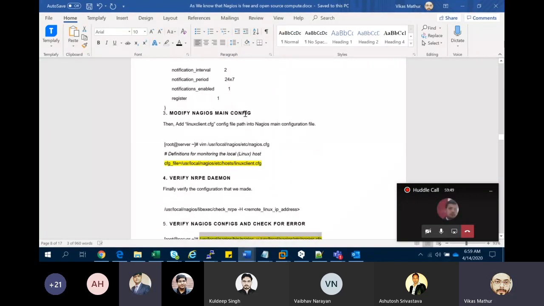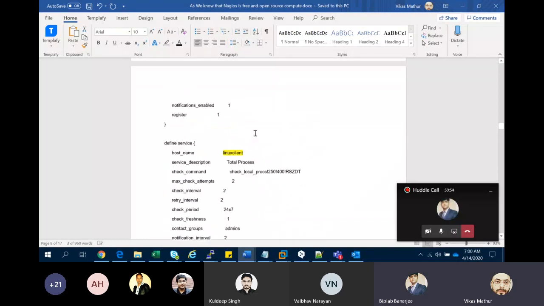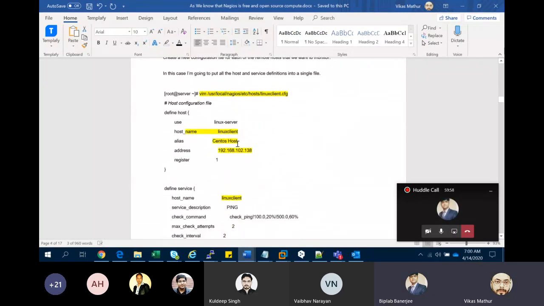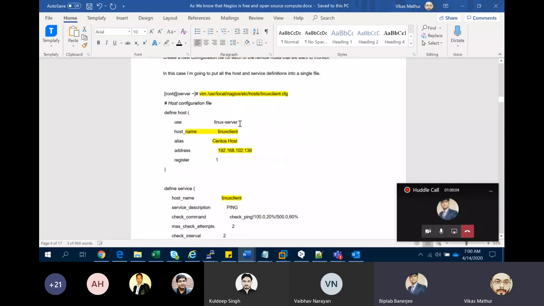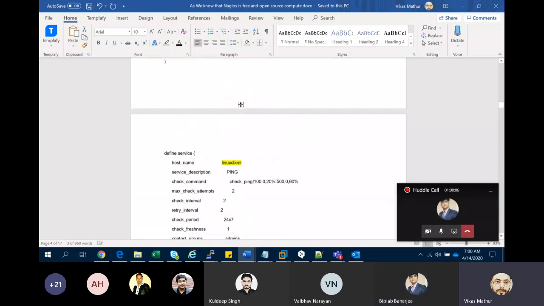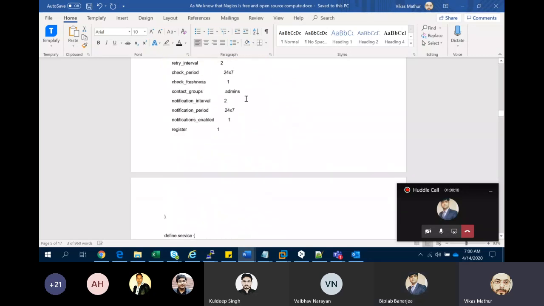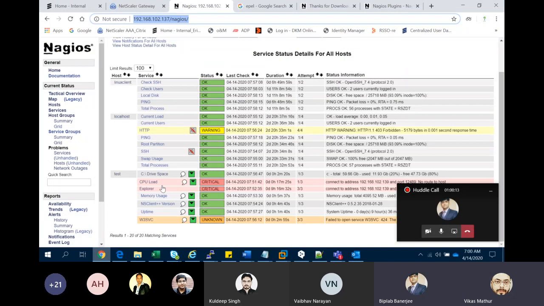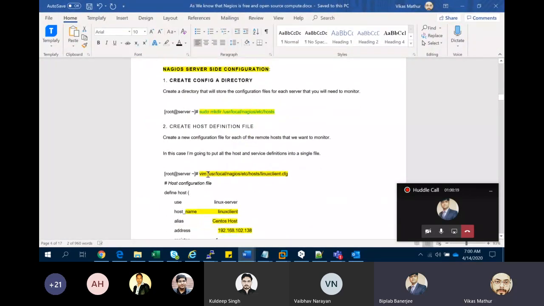Vikas, where did you configure the commands? Which one, this one? No, like you wanted to check the SSH connectivity. Okay, so where did you define the commands? Wait a second. In this file. This is a ping command. This one is for check users. No, what is the configuration name? What is the file name? Okay, wait a second. This is the file name. This is a configuration.